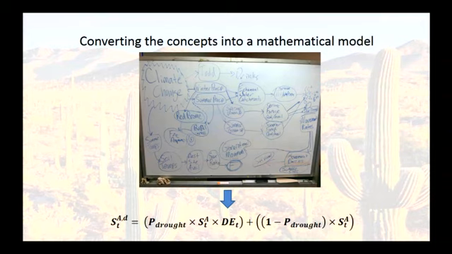The proportion of that population, so this is a proportion of the population exposed to drought times the survival rate times the drought effect. So if some droughts are worse than others, we could have a very large ranging drought that has very little effect on survival, or we could have a very small drought spatially that has a very heavy effect on survival. So we had these two components, of proportion that were exposed to drought and the drought effect.